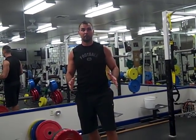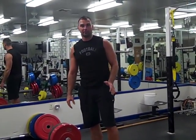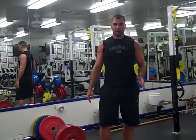But if your goal is to maximize lifting poundage, and just a side note, if you go to powerlifting competitions, you'll notice this. Probably 7 or 8 out of 10 of them round their upper back and relax their shoulders. And most of the best deadlifters in the world do that too. So if your goal, let's say you're a 500-pound deadlifter and you want to get to 600,